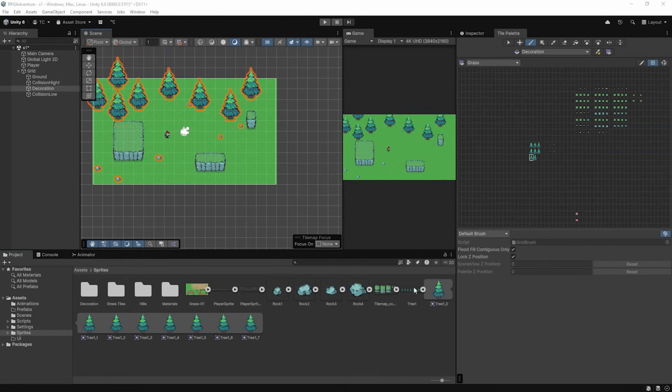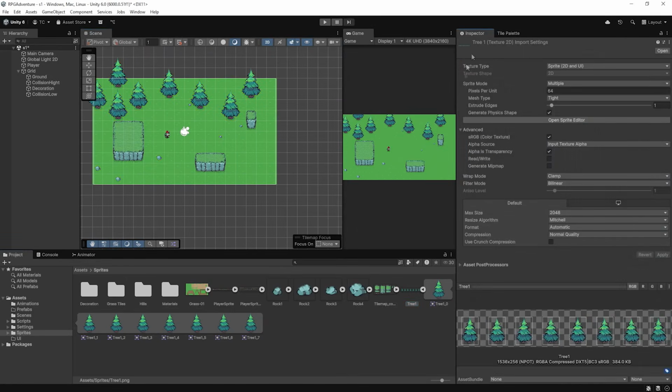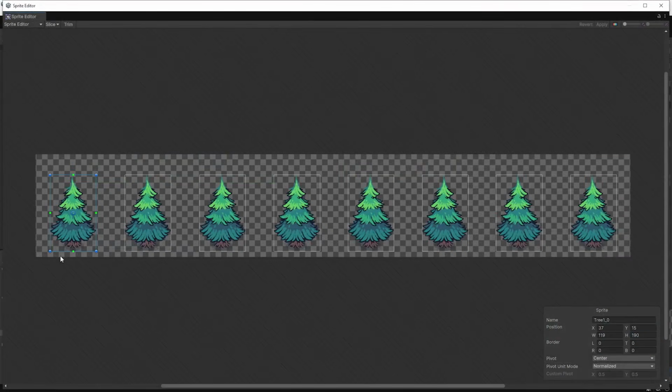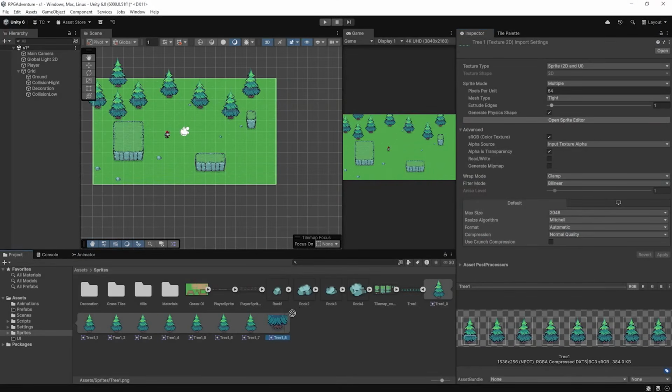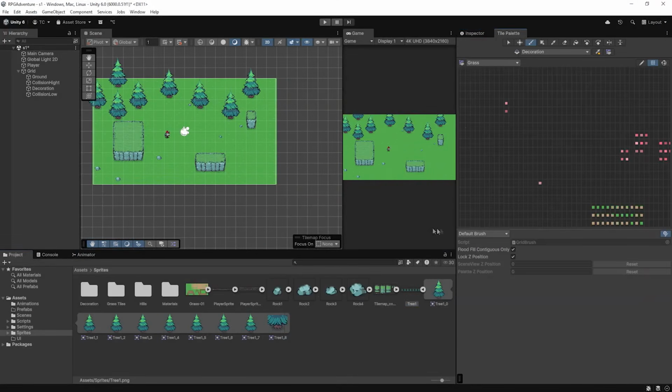Now let's apply the same technique we used for the hills to our trees. The goal here is to split the tree tiles into top and bottom parts, so that the player can walk in front of the trunk but appear behind the top leaves. First, make sure your tree sprite is properly sliced in the sprite editor. Then go back to the hierarchy, and just like before,